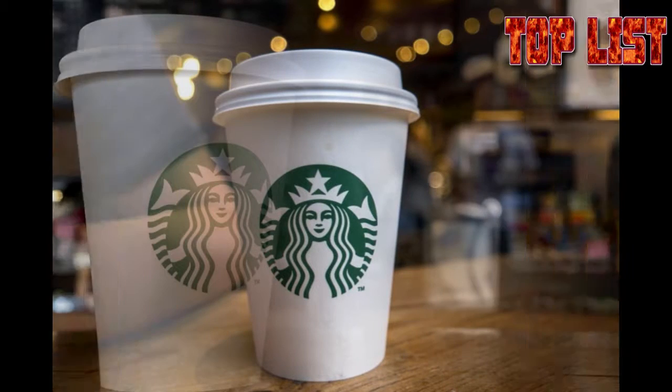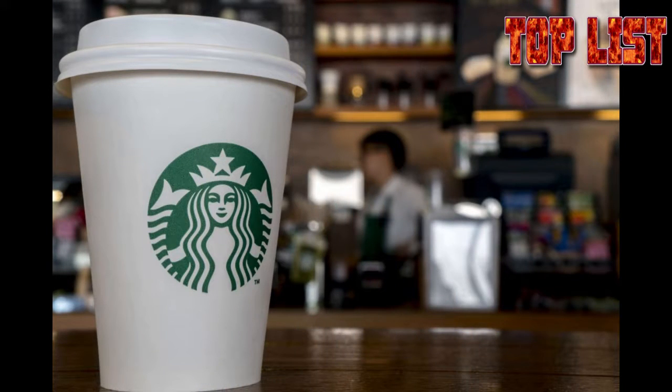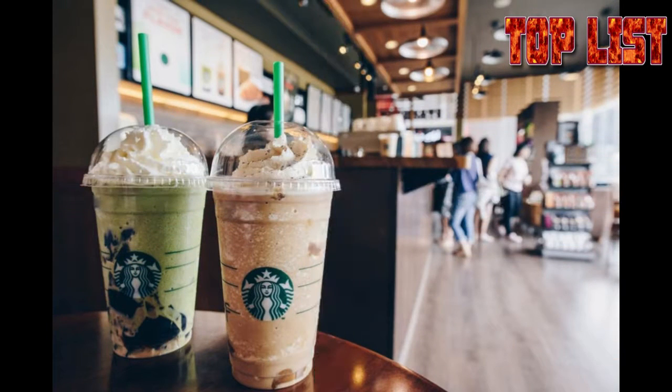The ordering counter is also designed with bright lights and little space between the store clerk and the customer, just so things feel a bit more personal. The space between the ordering and pickup counters is also filled with lots of ads to make you spend more money,